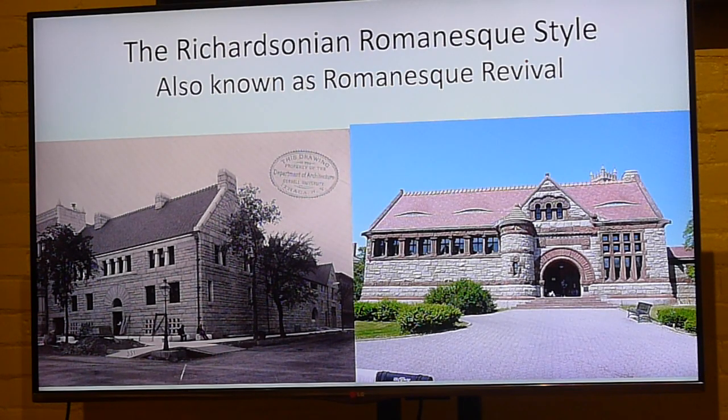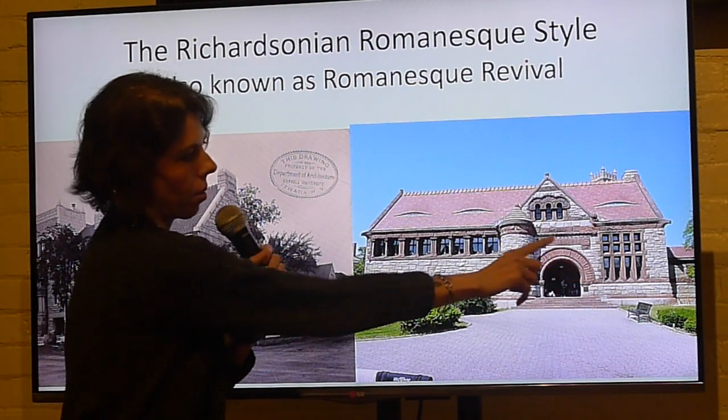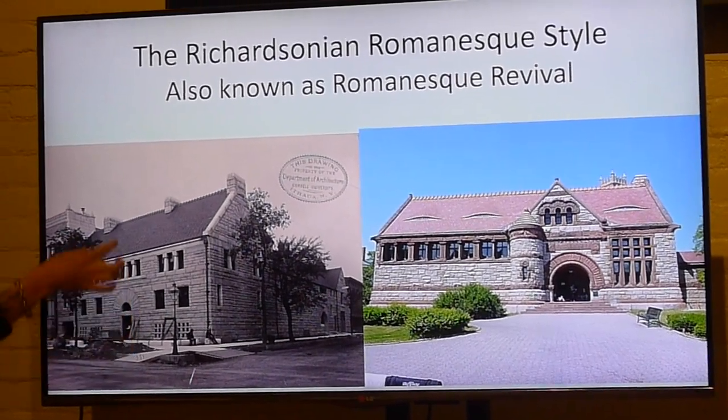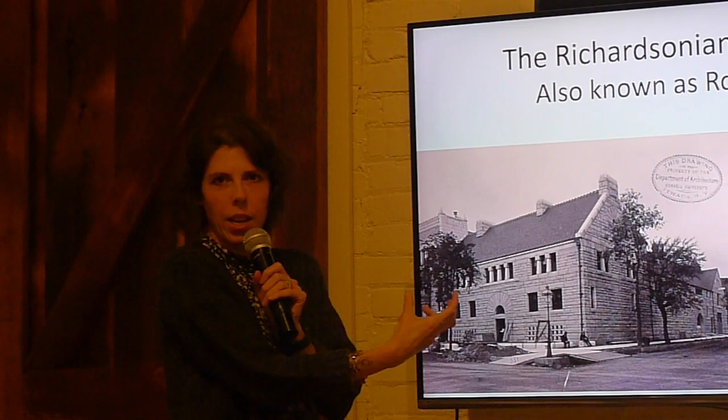Lots of mixed masonry materials and what are called Syrian arches. Over here on this building, you see this very prominent archway that almost goes all the way to ground level. You don't have columns supporting it, but it also shows up, even though this archway over this doorway is above the doorway, it's super heavy, super rusticated looking,